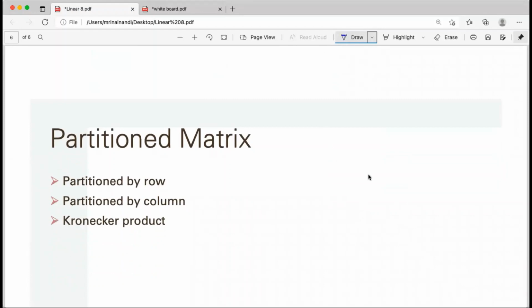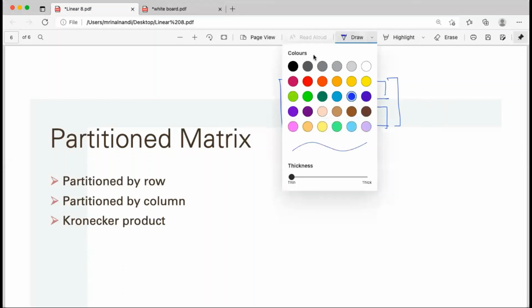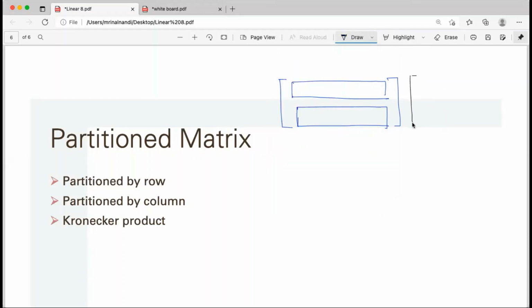Now the last topic is slightly different: partitioned matrices. Why is this important? It is important for computation. We can take a matrix and partition it into two different matrices, with no common element and no common row. This is called a partitioned matrix. Why is this interesting? Interesting in the sense that if you multiply it by another matrix,